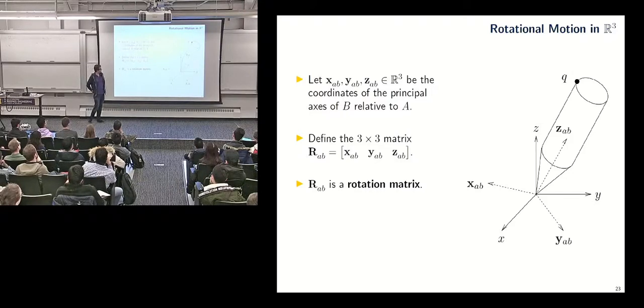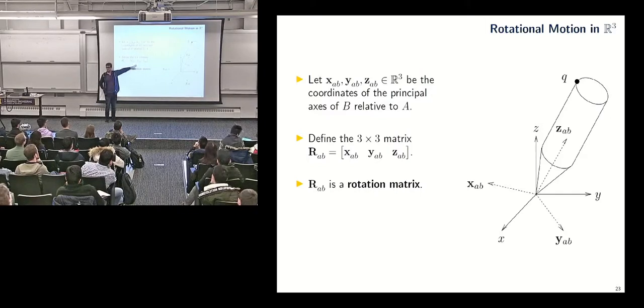Well, okay, so let's think about this. We have these 3 vectors, x, y, and z. What do we know about these 3 vectors? They're orthogonal to each other, and we're in R3. And what's the other nice thing about these? They're all unit, right? These are orthogonal unit vectors, okay? So if we take the matrix R R transpose,